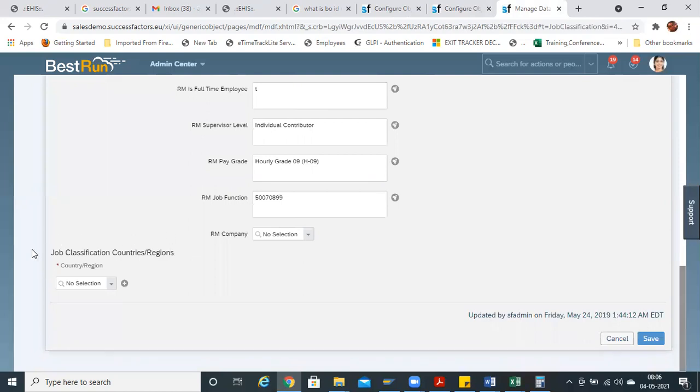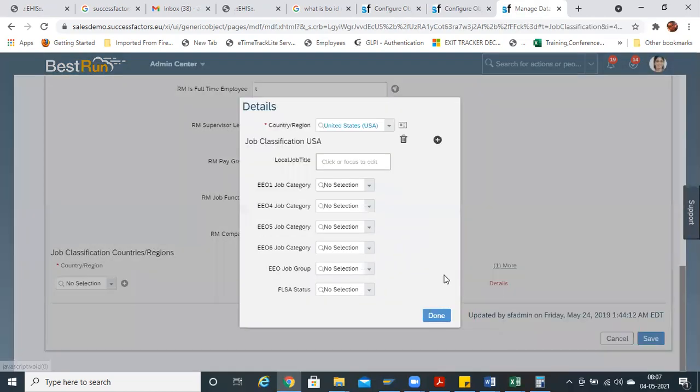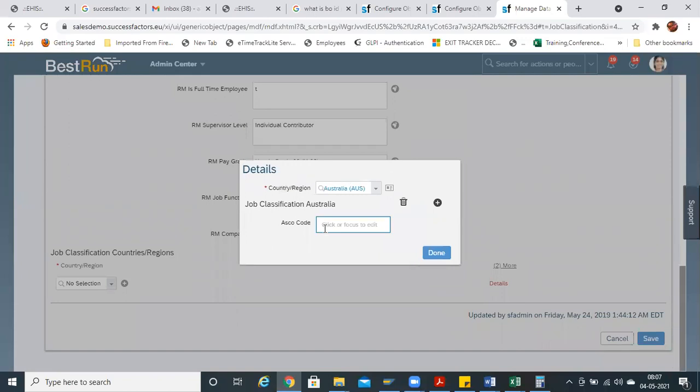And this is the main important thing, country specific. If you select USA, under details, see, there are certain USA fields applicable here. Let us see if there is any Australia field. See, Australia fields. How are these getting propagated? I mean, how are these getting affected?